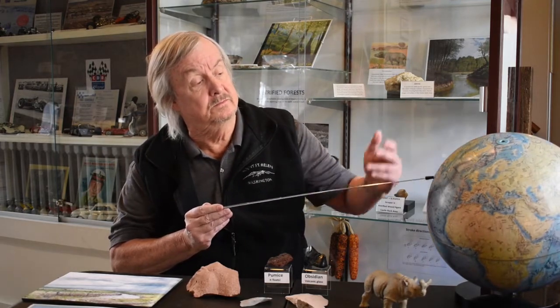And the most common is basalt. Basalt makes up the ocean floor, so that's already over half the surface of the earth. And on the ocean floors it is a few kilometers thick. And then there are other places on land where in the past huge quantities of basalt were